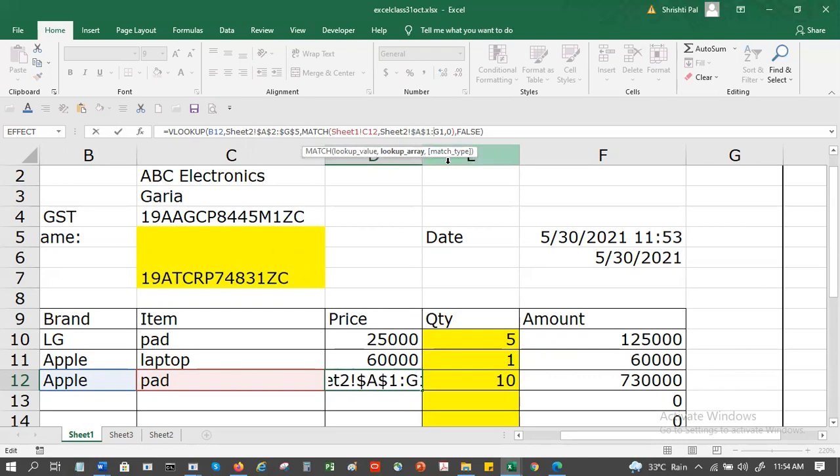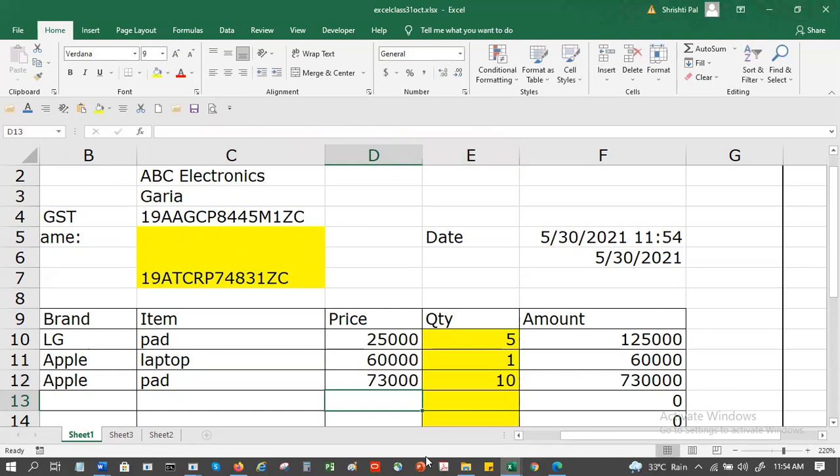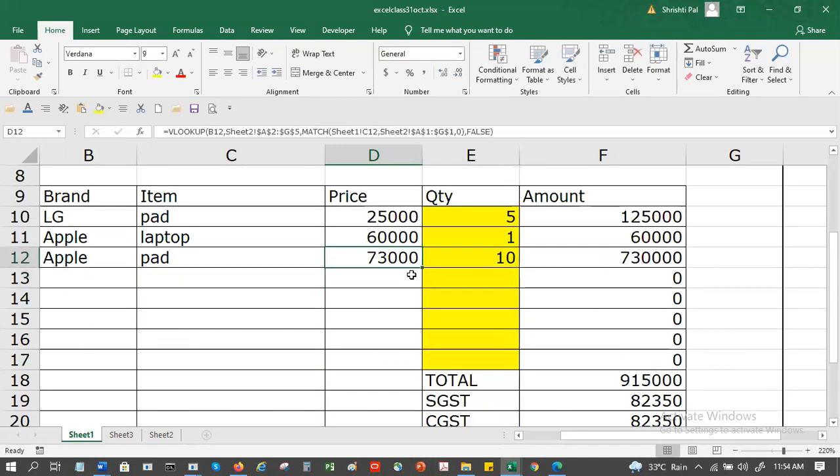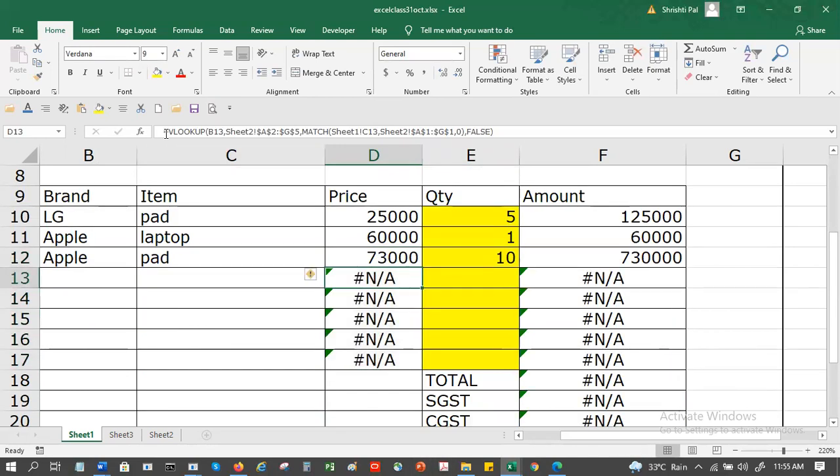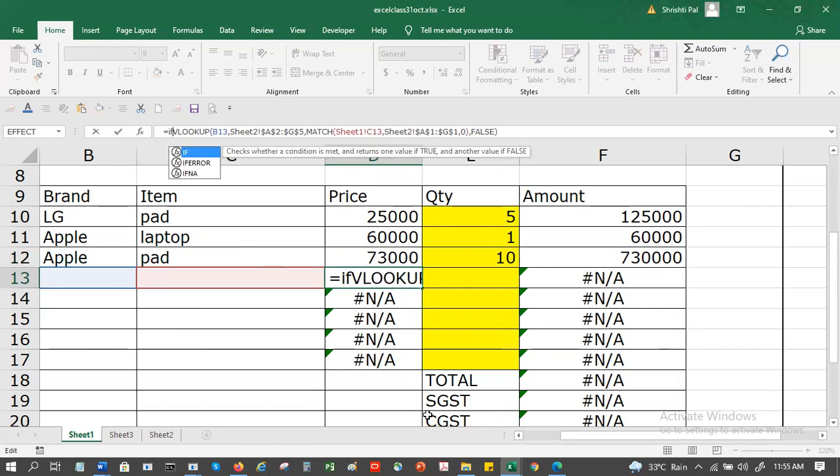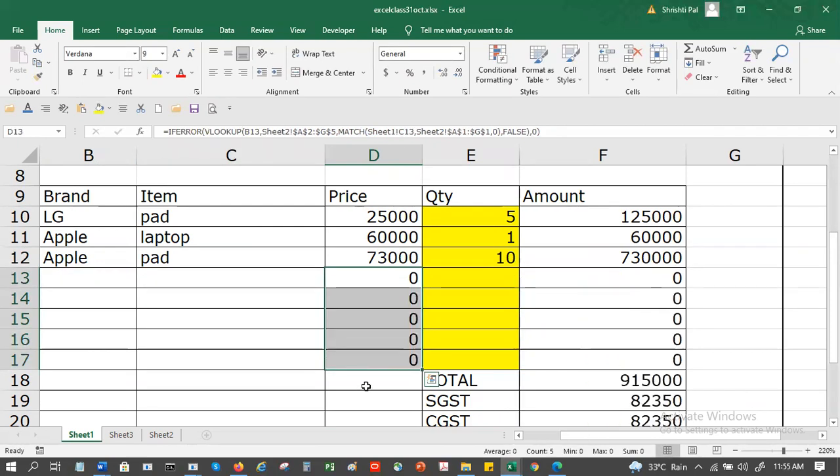No, B12 is variable. So all I'll do here is handle the error. It's a number, so I want a 0 to be displayed.